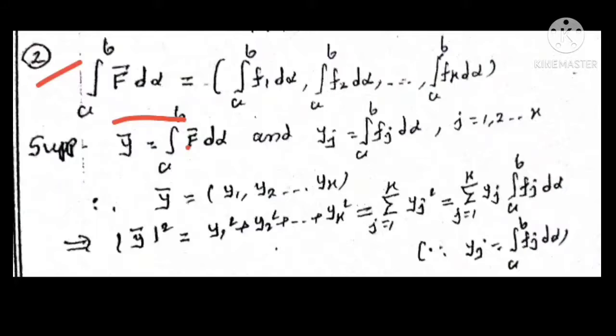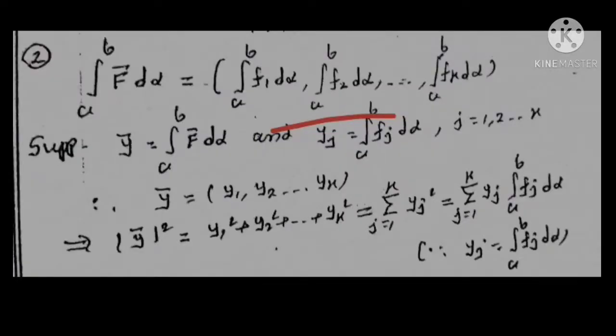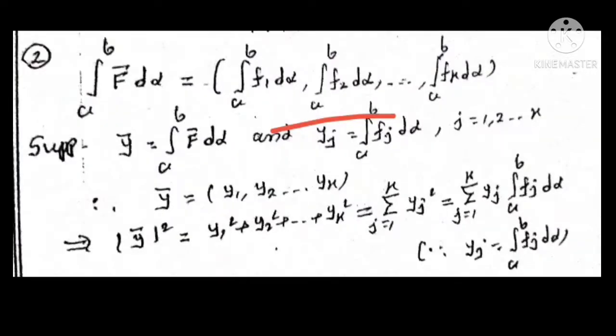RS integral of f bar with respect to alpha on closed interval ab is equal to RS integral of f1 with respect to alpha on closed interval ab, RS integral of f2 with respect to alpha on closed interval ab, up to RS integral of fk with respect to alpha on closed interval ab. Now suppose